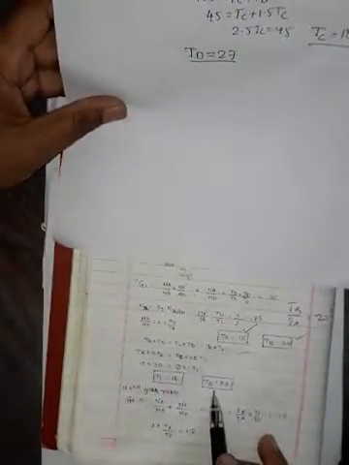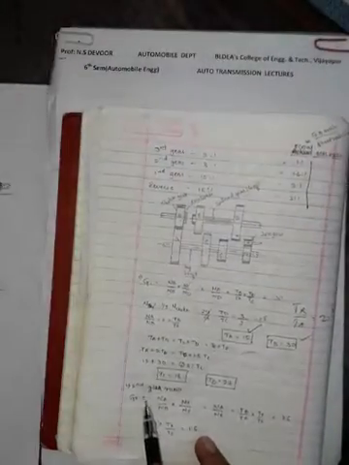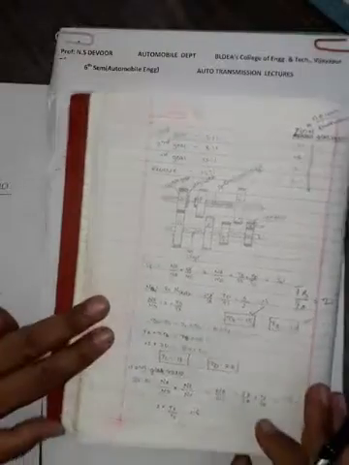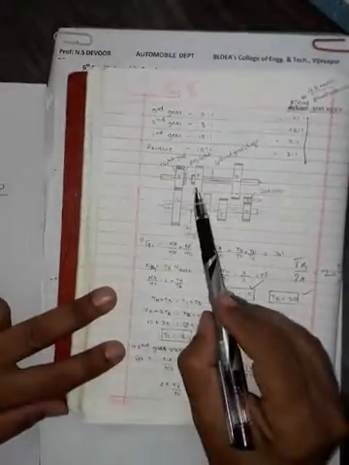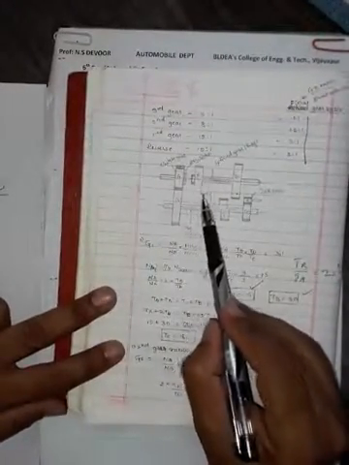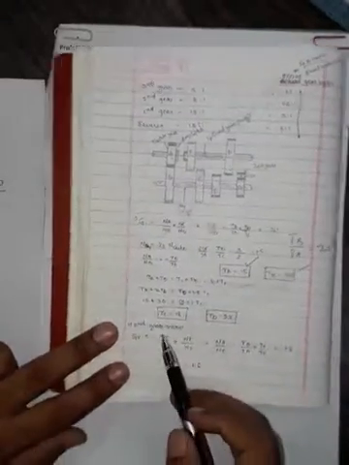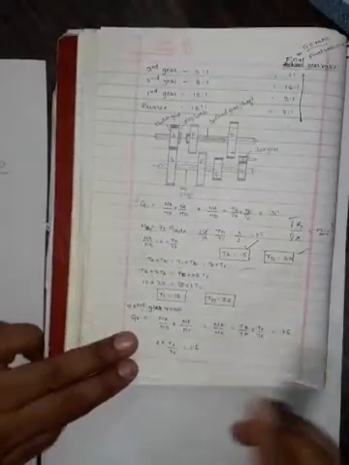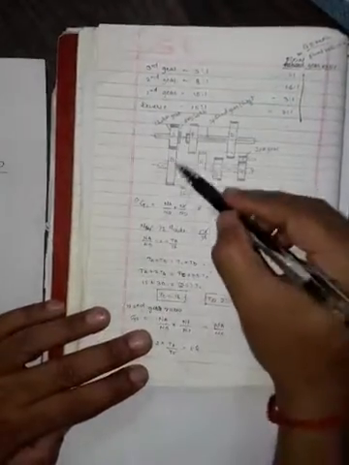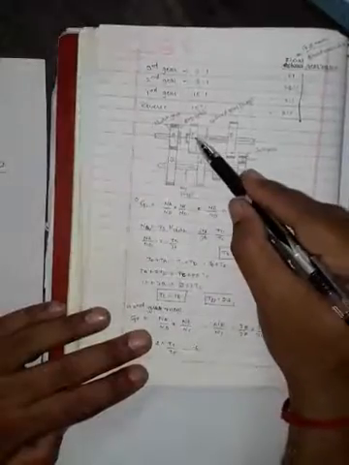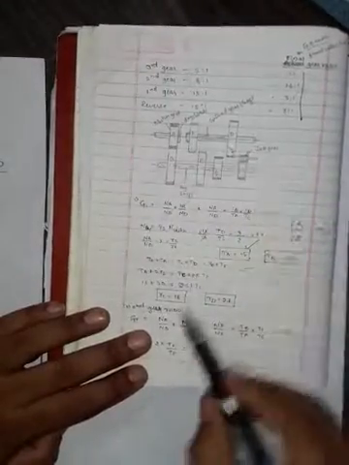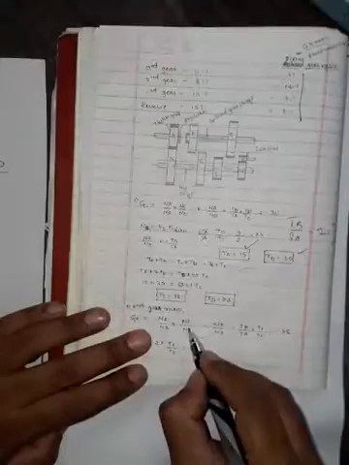Similarly, let us come back here. TD is 27, TC equal to 18. Correct? Similarly, you go for the second gear ratio, when you engage F with E. Is it clear? I will write here. Just you see what they have written here: NA by NB into TE by TF. It means NE by NF. Correct?